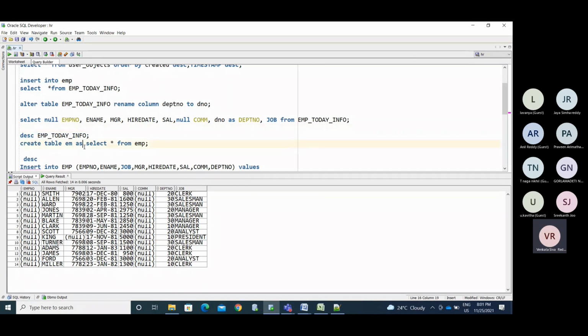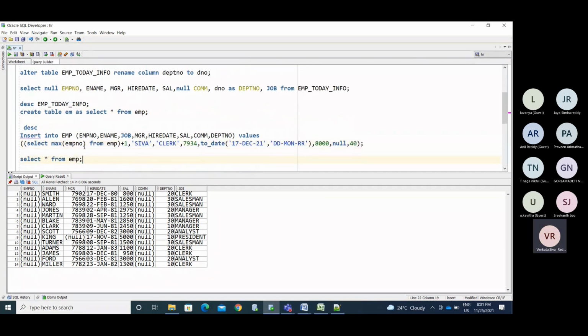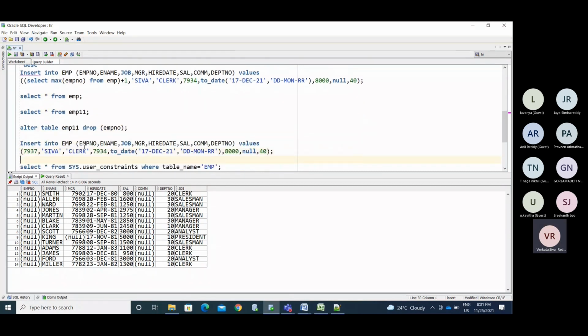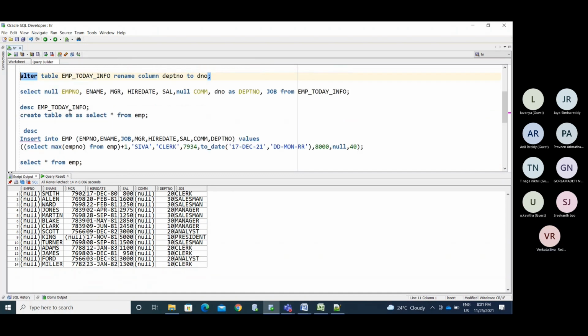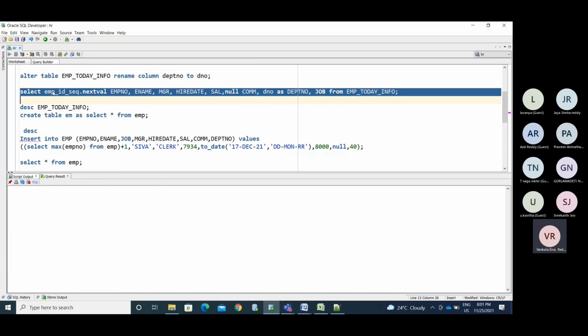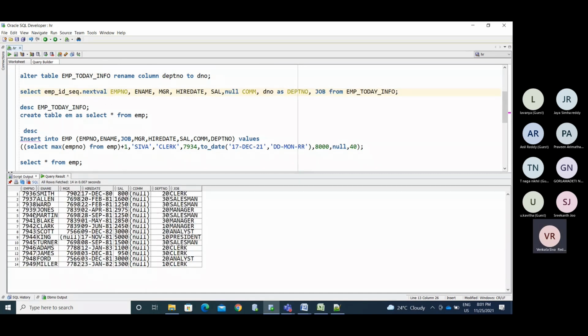So try to use the sequence number that we created now. So the sequence name dot nextval. Try to use that instead of null. It can frame the numbers 7936, 37, 38, 39. See here, it generated 14 sequence numbers. So you can insert the data in this way.